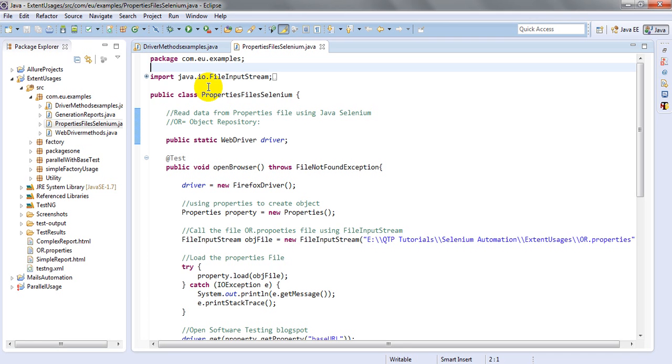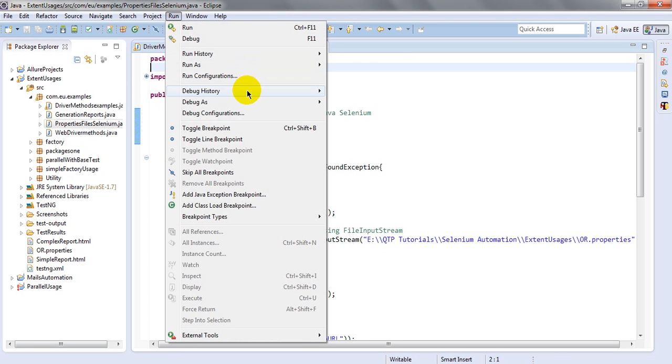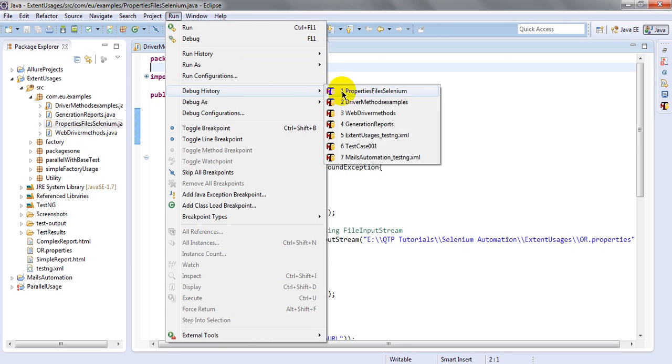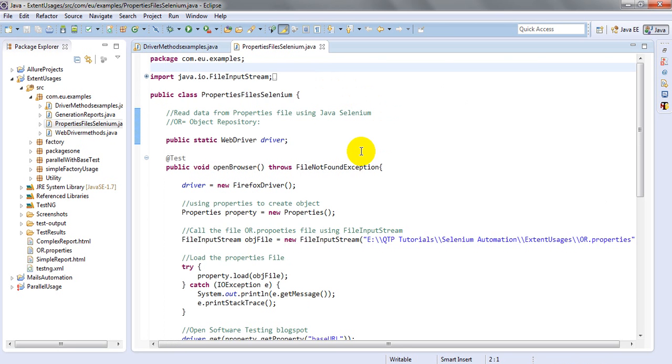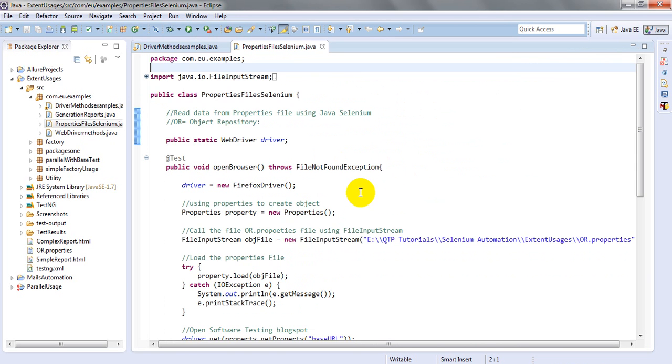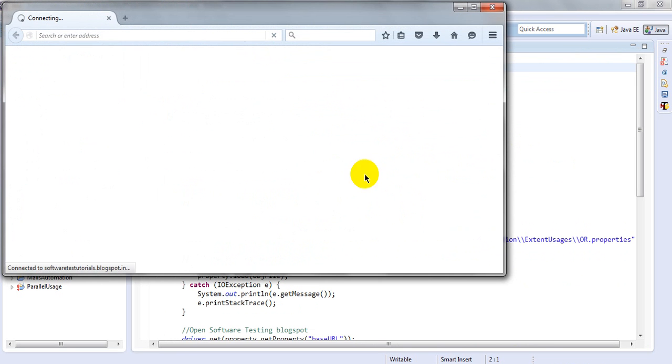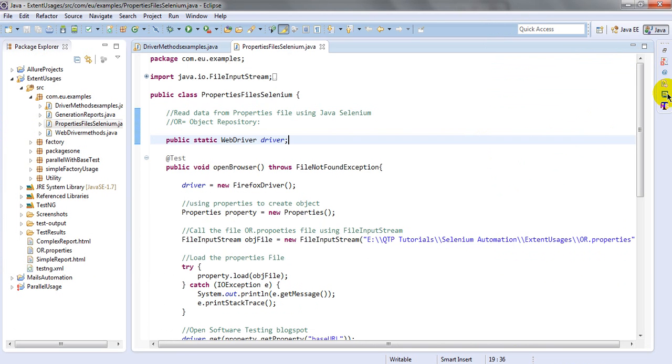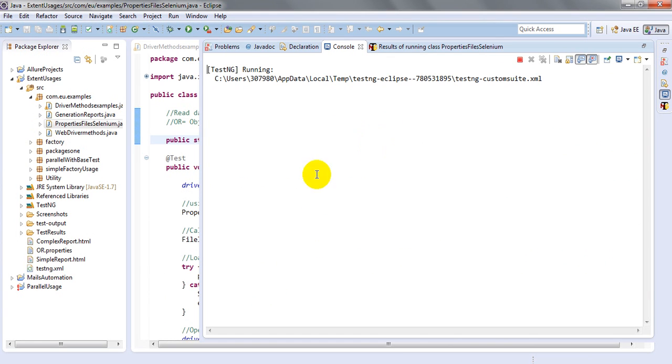I'm coming to the properties file, selenium java. If you click on this one, it will open and display your debug history. Okay, again it is opening. See, it will display here.